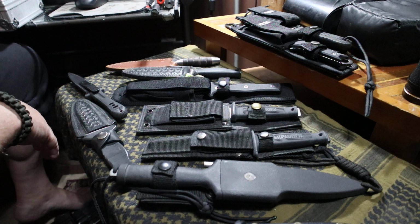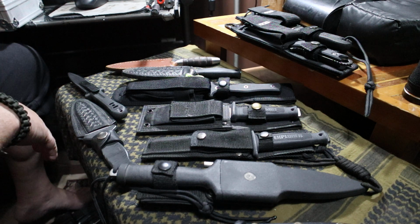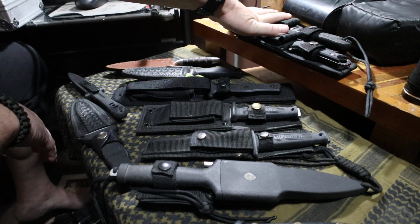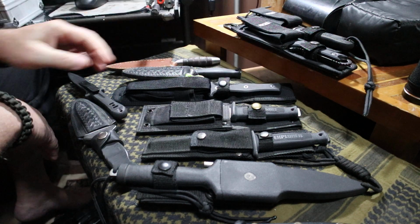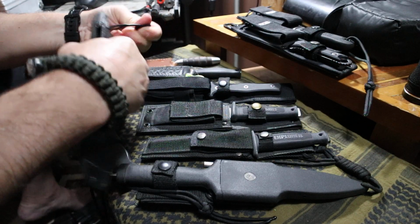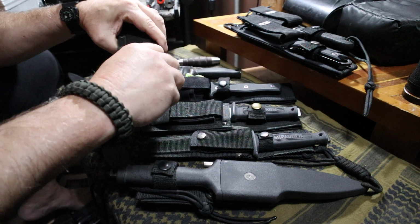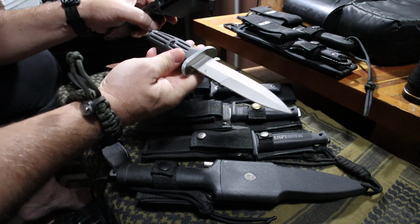I mean, perhaps there is, but I know for me, I just look for certain things when I carry a boot knife. But I put these up here. These are going to be my two top picks for me. I'm going to show you guys those. But regardless of whether it's a high dollar boot knife or more of an affordable one like this one here, this is a China version of the Boker knife,